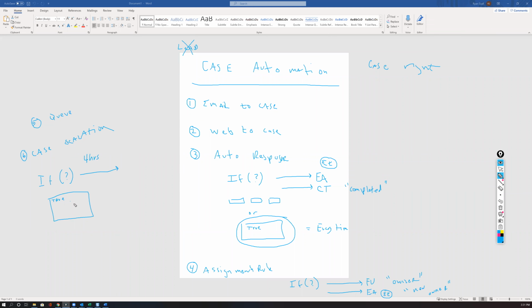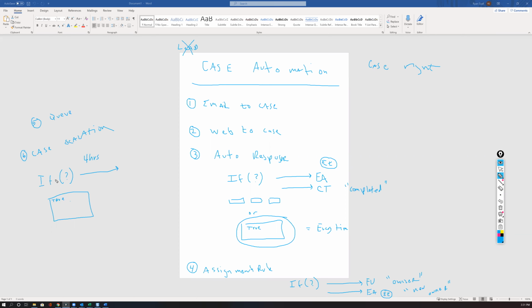So what we're saying is if a case gets created, any case, no matter what, not just through WebToCase, but just ever. So even if you create a new case from scratch